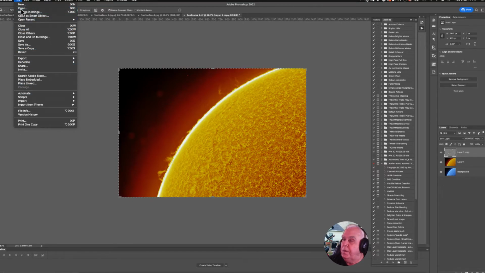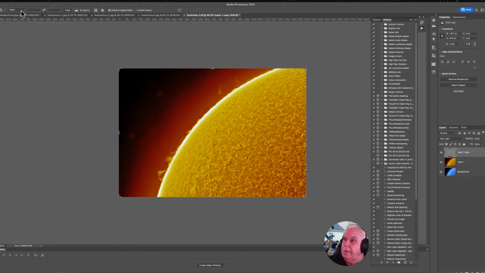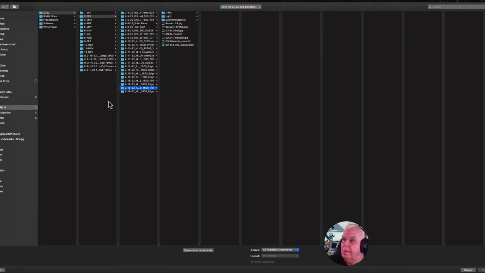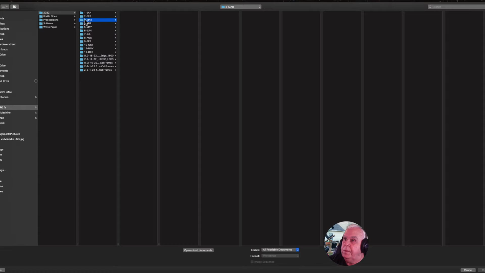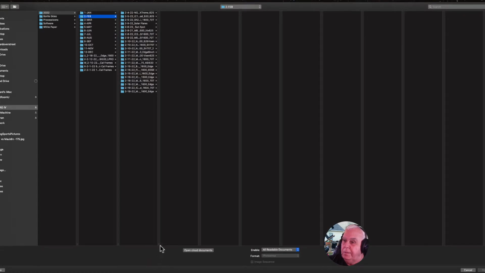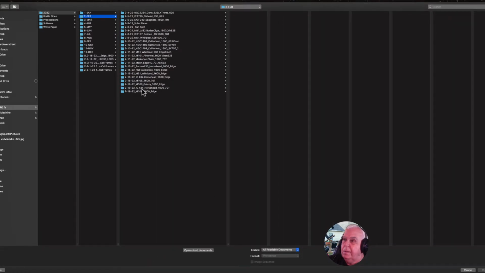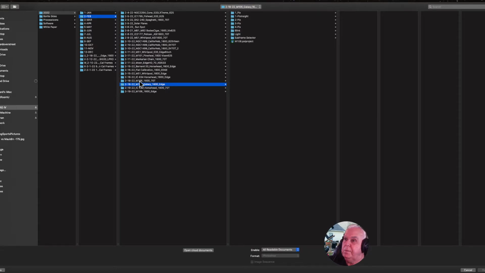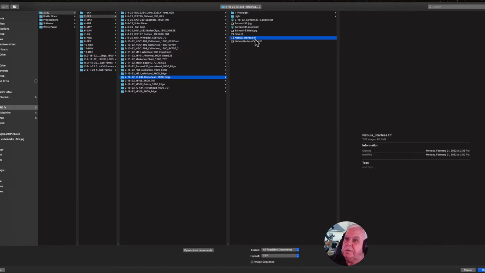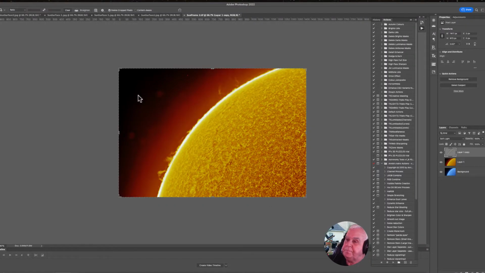Let's go to Open, and Astro 4, February, and we need the Horsehead taken with the, that's wide field right here, nope, here, and Nebula Starless 434. Okay, now